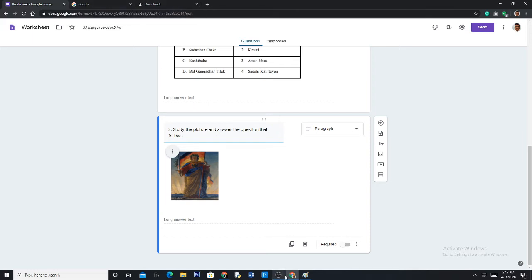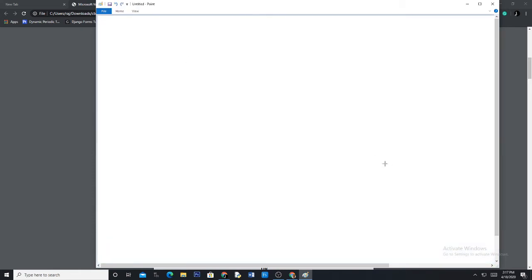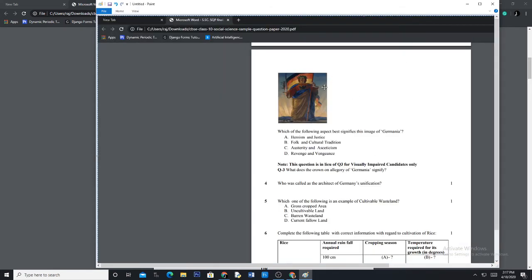If you are picking up from here, what I do is I do a print screen again, and I pick up this, because Control V. Now instead of cutting only this image, I'll cut this also, and this can be done.